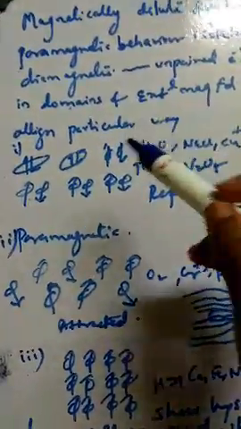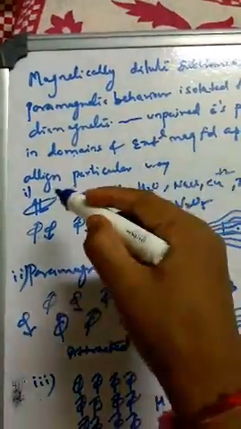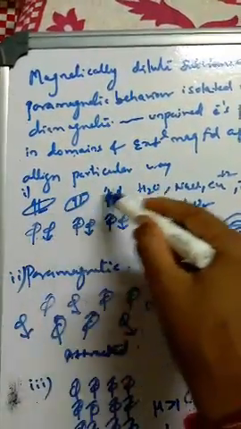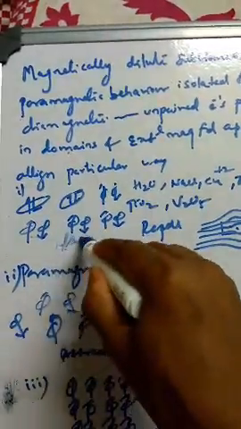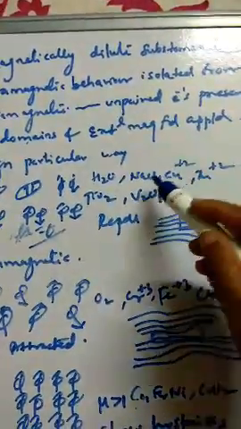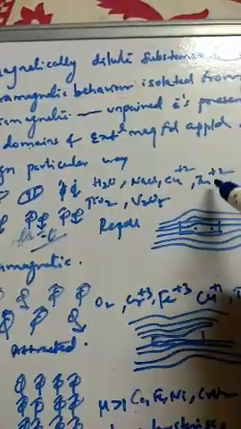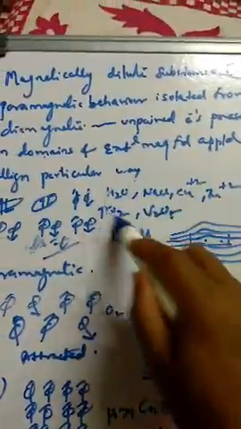Before that, what does diamagnetic mean here? Diamagnetic property of a substance means all electrons are paired, plus and minus, and that's why the magnetic value will be 0. There is no net magnetic value here. Examples of diamagnetic substances may be water, sodium chloride, Cu+, Zn2+, titanium oxide, vanadium pentoxide.